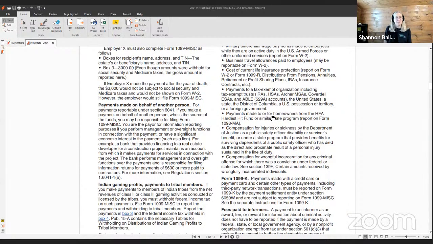For example, a bank that provides financing to a real estate developer for a construction project maintains an account from which it makes payments for services in connection with the project. The bank performs management and oversight functions over the payment and is responsible for filing information returns for payments of $600 or more paid to contractors. For more information, see Regulation Section